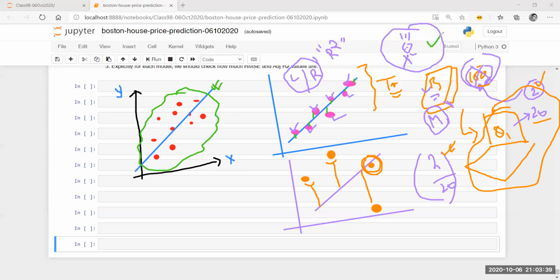I have to create a model which doesn't mark up the questions. It marks up the formulas. It should remember the formulas. It should understand how the patterns are to be calculated. It should understand where the patterns are. If we understand where the patterns are, then that will be good, because then we can generalize well. In that case, we can fit ourselves into any situation, just like this line.